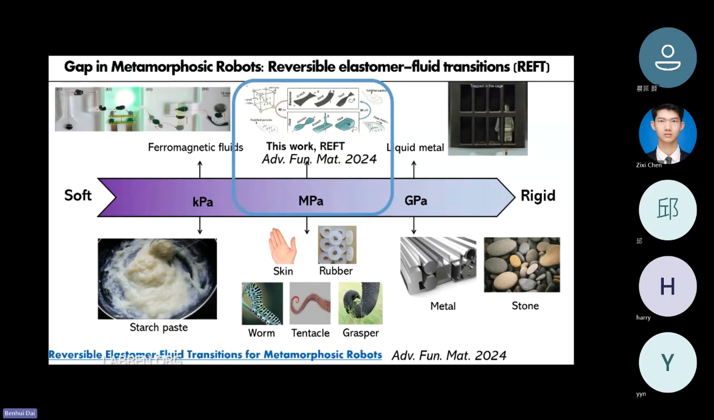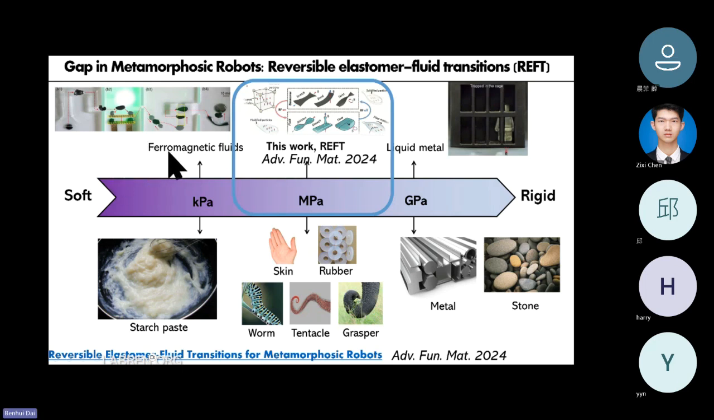And then we think about, for example, the phase transition material. We already have a lot of phase transition material which can do phase transition from really soft, like kilopascal, to really hard, but without intermediate stiffness level. So, for example, from kilopascal to megapascal stiffness, that's the majority of the stiffness level for our soft luminal tissue. So this is the part missing for the current